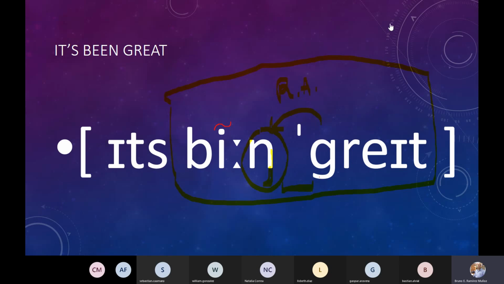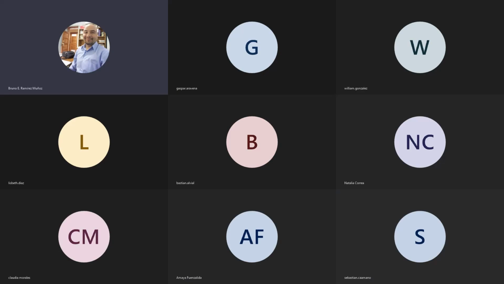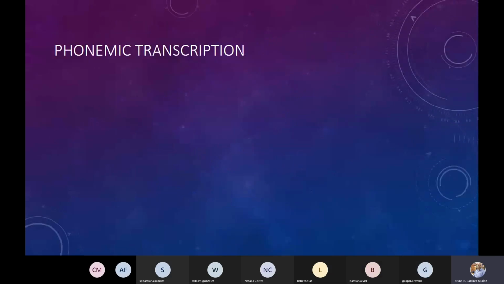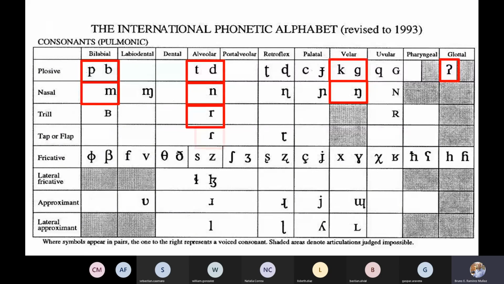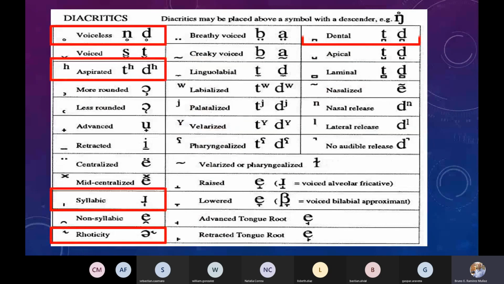Okay, I think we're about to finish, but the idea is that you are able to at least identify and use the diacritic symbols when you are presenting aspiration in initial position. Let me see if I can share with you this PowerPoint. So the idea is that at least you're able to show aspiration in plosives in initial position,